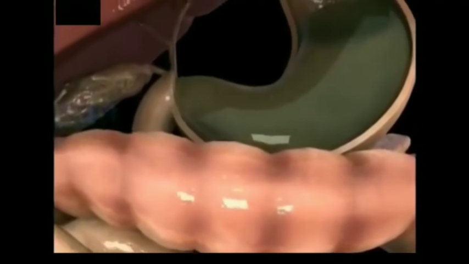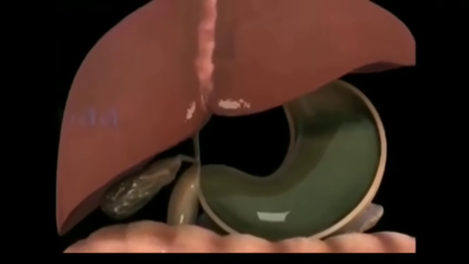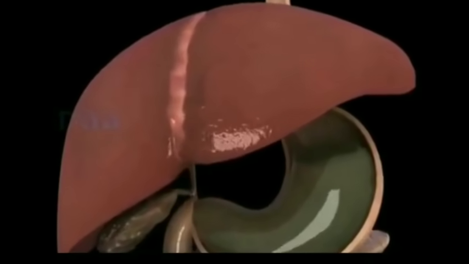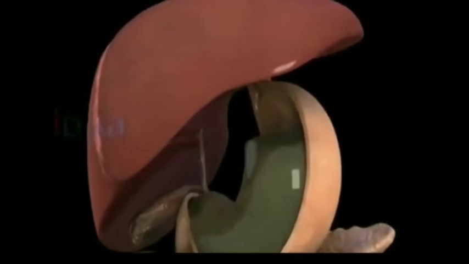The small intestine. The small intestine is a highly coiled structure and is about 7.5 meters long. Complete digestion of food occurs in the small intestine. The small intestine receives the digestive juices from the liver and the pancreas. Liver. Liver is the largest gland in our body which secretes a liquid called bile. It is temporarily stored in an organ called the gallbladder before being released into the small intestine.